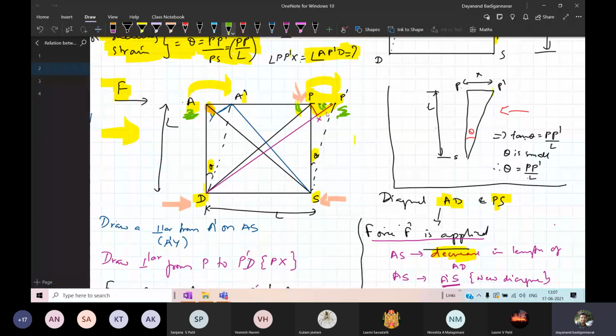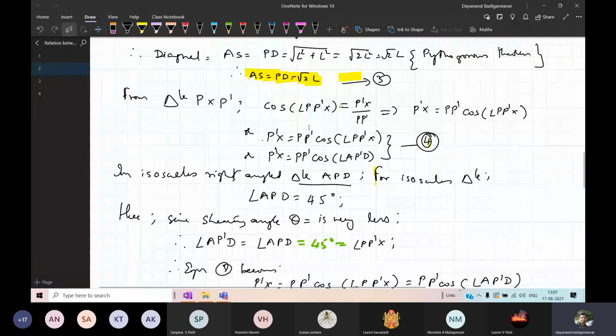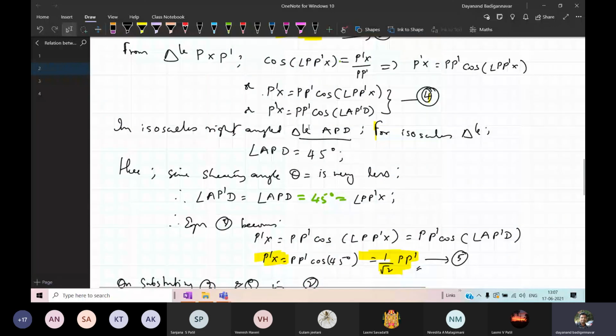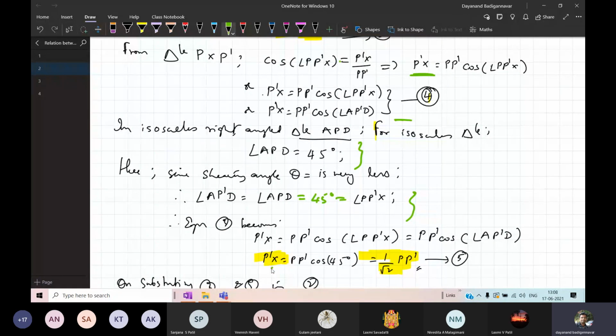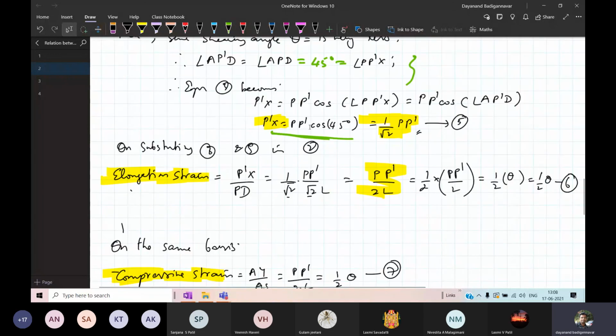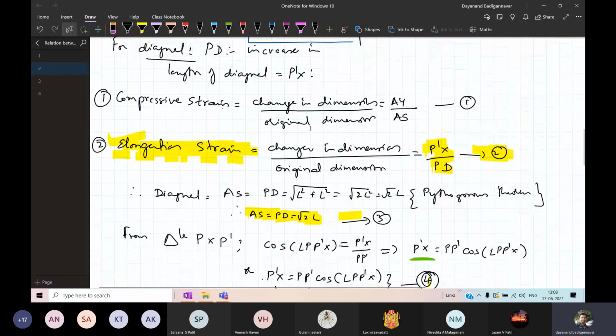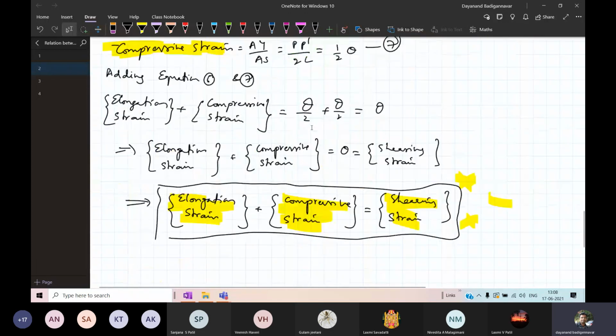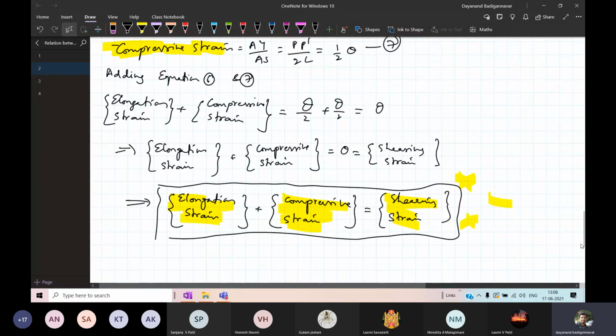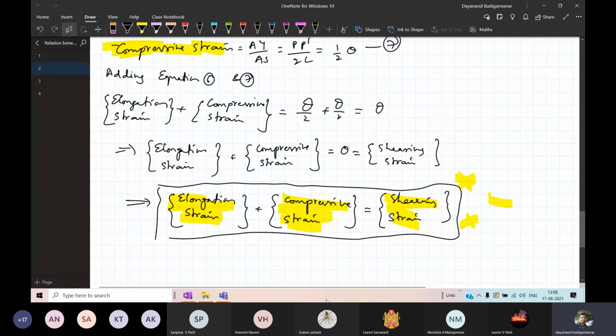Evaluate cos of the angle. Once you get the cos of that angle, rearrange it for P dash X. After that, you will get the angle PP dash X, rearrange it for AP dash and do the analysis that it is 45 degrees. Once you get the value of P dash X, this is the elongation that has taken place. The diagonal you can easily find from equation number 3, and you can easily solve this derivation. It is lengthier and detailed, but I will share this, and if you have any doubts, you can ask me in the coming classes.